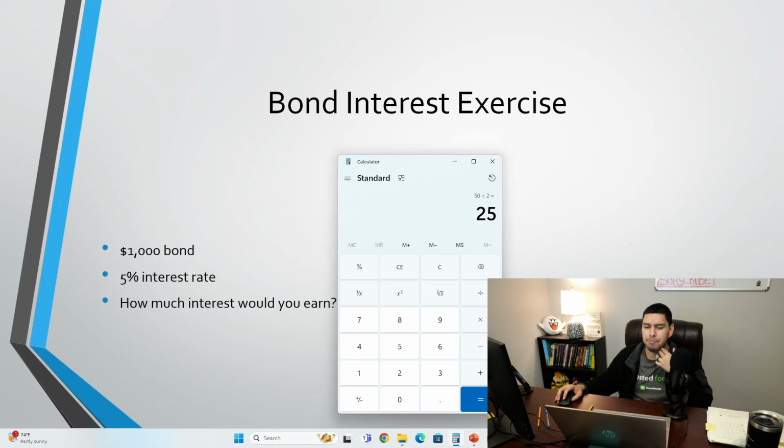So how much would you end up with at the end of the 10-year period? At the end of the 10 years, you're going to get your $1,000 principal back, right? And along the way, you made $25 every 6 months for 10 years, so that added up to $500. So at the end, that would equal $1,500 at the end of 10 years. So you turned a $1,000 investment into $1,500. So you made $500 profit on that.